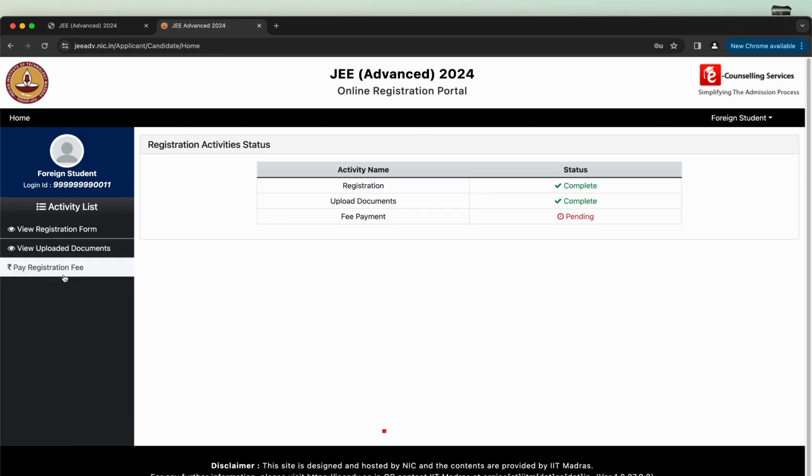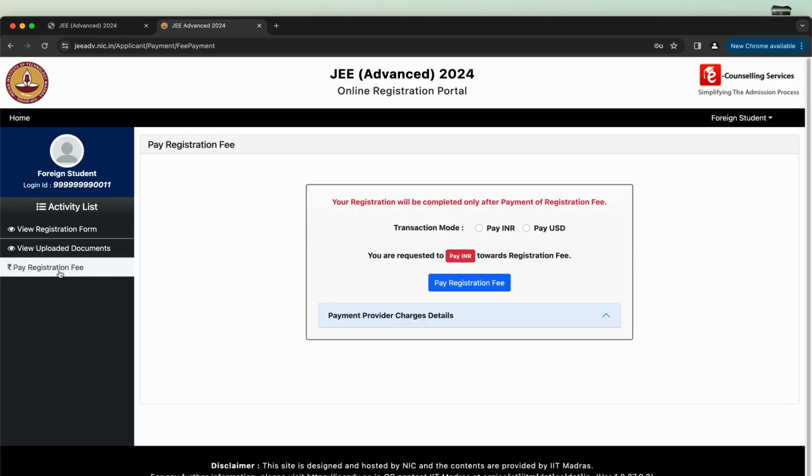Step 3. Fee payment. After completion of registration and uploading the documents, click on Pay Registration Fee button. Then, Pay Registration Fee page will open on the screen. Please choose the payment transaction mode, either Pay INR or Pay USD, and then click Pay Registration Fee button.